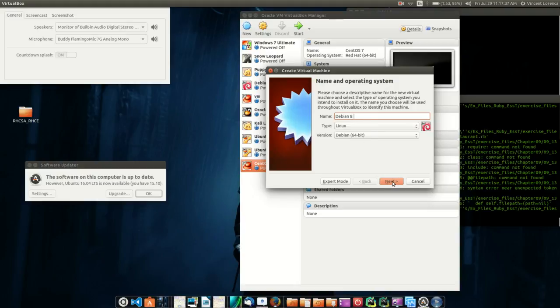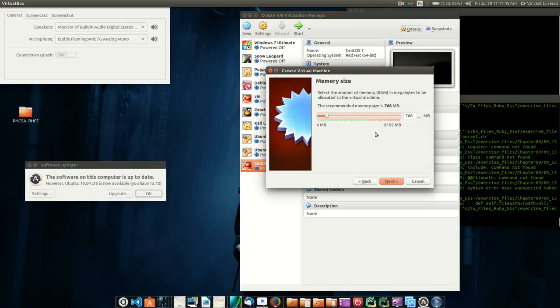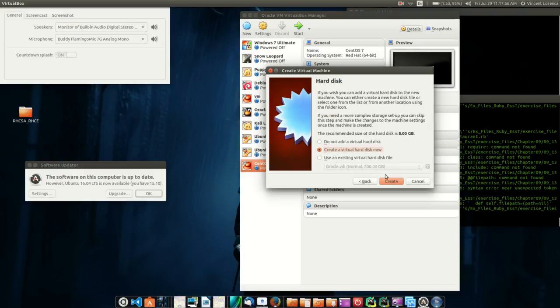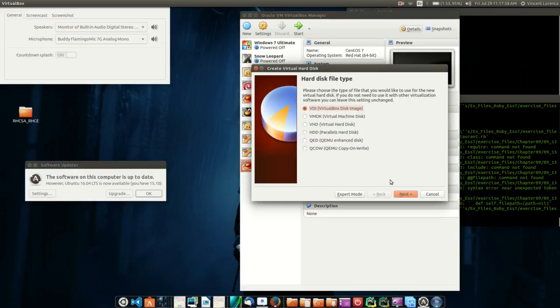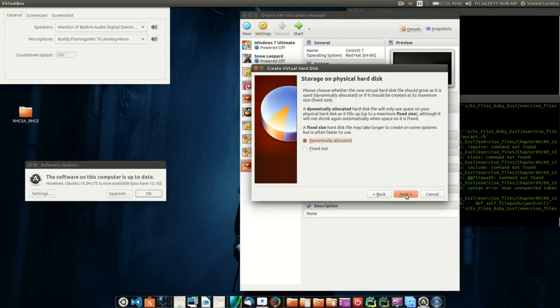Create a 64-bit virtual machine. Just type in the name and all of these should auto fill out for you, and you hit next. I usually give 2048 as the memory because I have enough memory in my laptop to do that. Next. And then I create the virtual disk. I just select all the defaults,